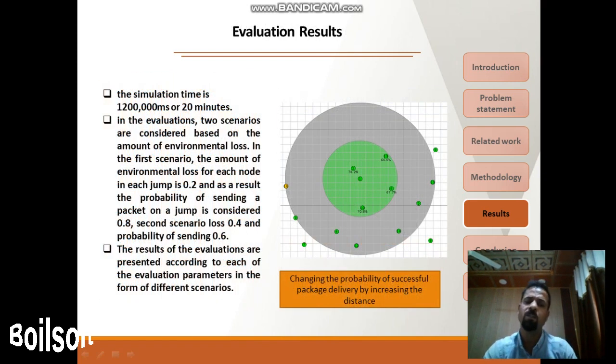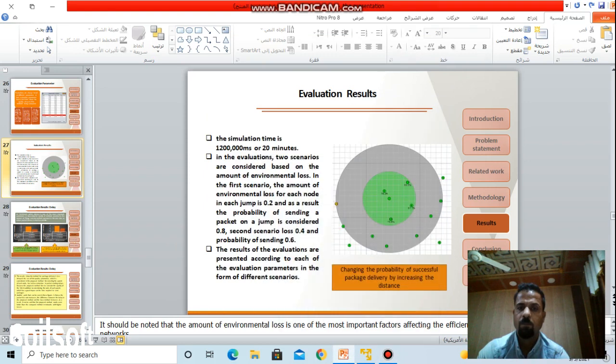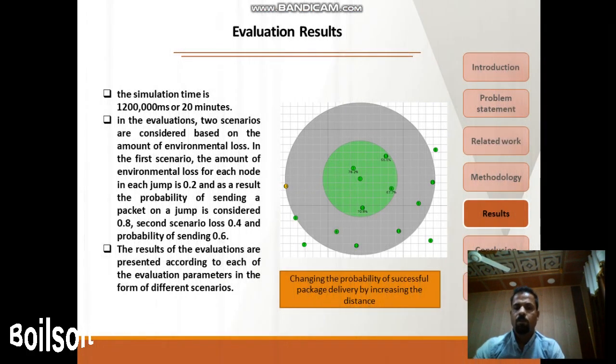We use a simulation time of 20 minutes. The evaluation is done in two scenarios. Scenario one, the first scenario,